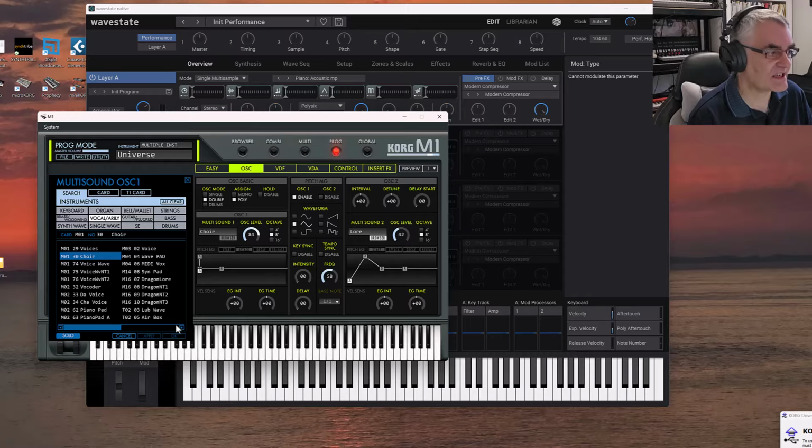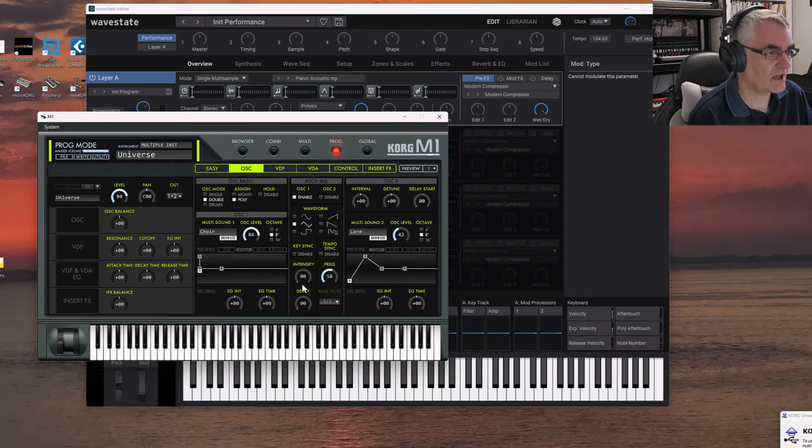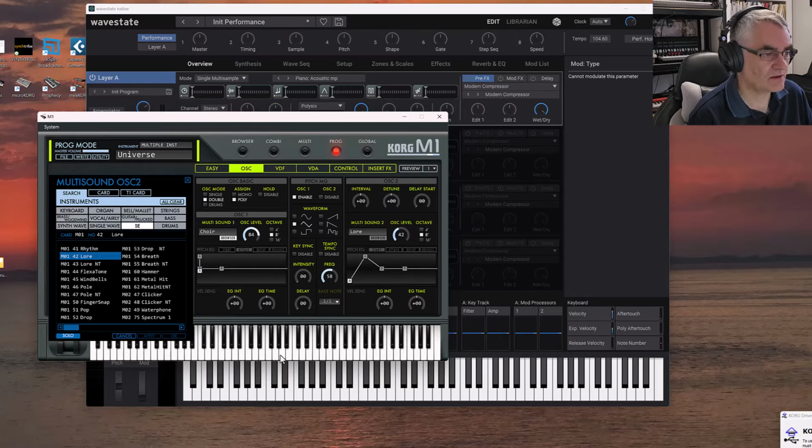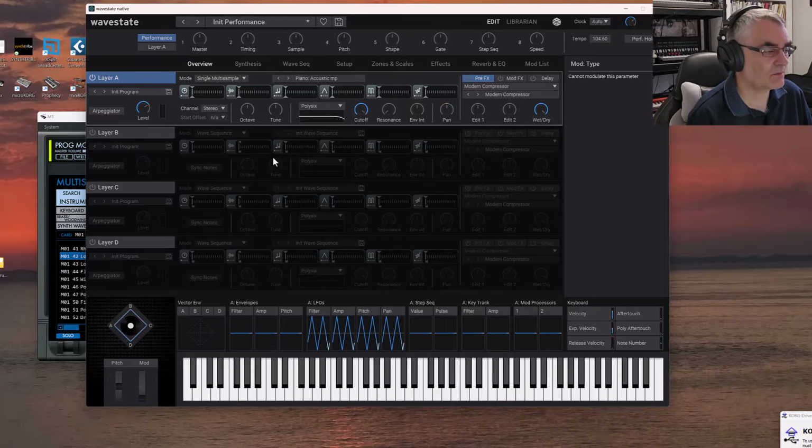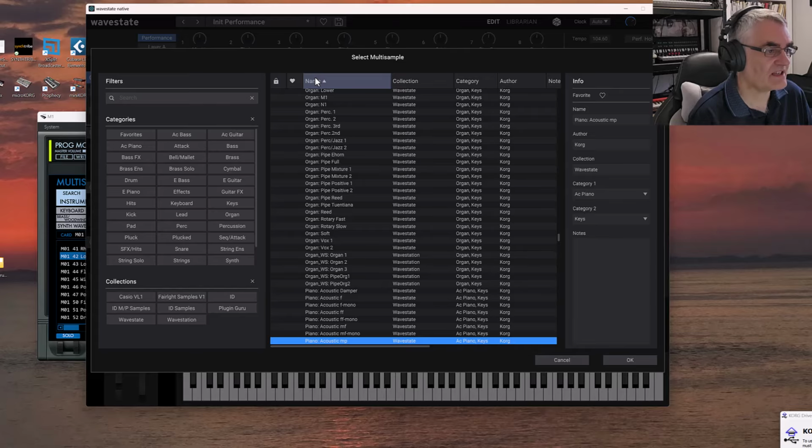So I can see that this is, I've got to have that one. I need the low sound as well. And there's the low sound in isolation. So tackle one at a time. I can disable one of the oscillators if I wanted, just to split it one at a time, but I think we're going to use one of these. And now we need to find